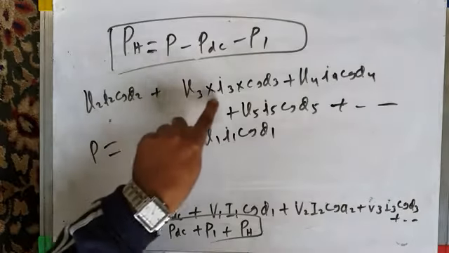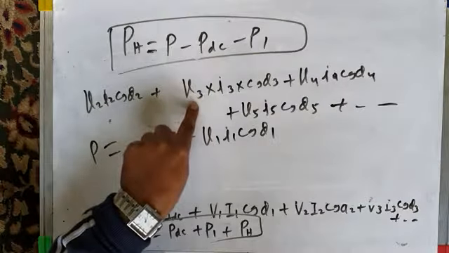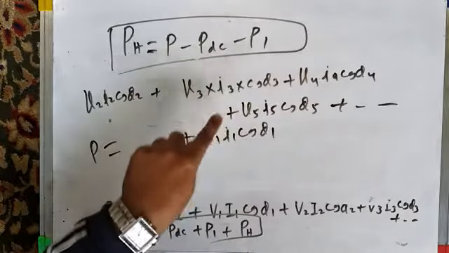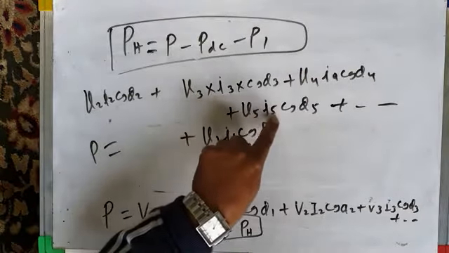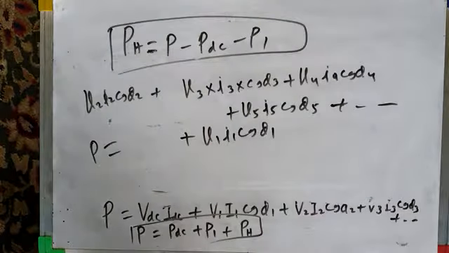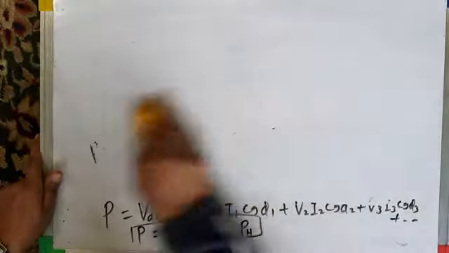But here you can see similar frequency terms. Voltage third harmonic, current also third harmonic. Voltage fourth harmonic, current also fourth harmonic. When you take the fifth harmonic of voltage, you have to multiply it by the fifth harmonic of current, and so on. So that is about instantaneous active power and average active power or real power.